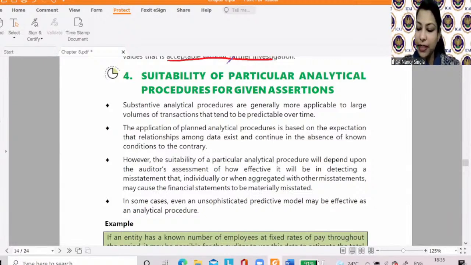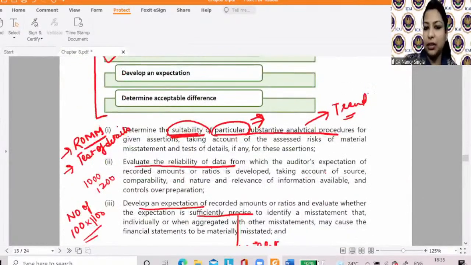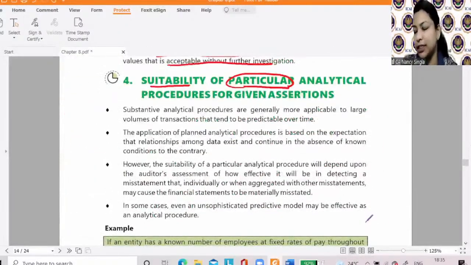So first is suitability of particular analytical procedures. You can understand now that firstly all these 4 points are given in brief here, right? They are given in a line or 2, and then a detailed explanation of each and every point is given. Okay. See, when you are applying substantive analytical procedure, first of all, if you remember, we have